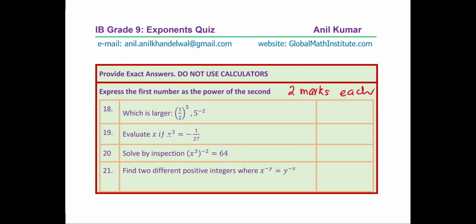Evaluate x if x cubed equals minus 1 over 27. Solve by inspection x cubed to the power of minus 2 equals 64. Find two integers. Find two different positive integers